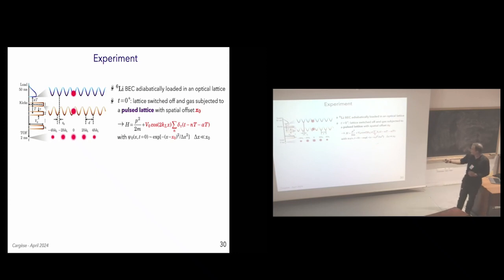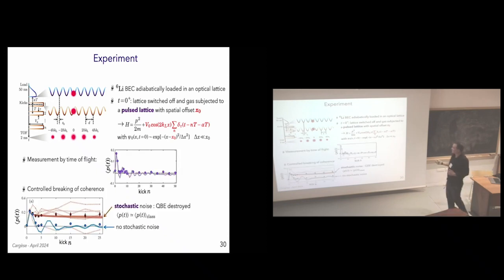has exactly the shape you would expect in momentum space if you would be dealing with a spatially disordered system. So that's exactly the counterpart in position space of the shifted momentum distribution that you need in a real disordered system. So then, with this setup in place, they just let the wave packet spread under the kicks. Then they recorded the momentum distribution and the mean momentum as a function of time, which is the number of kicks here. And apparently, you see, there are not many points, but they apparently observed this boomerang effect.